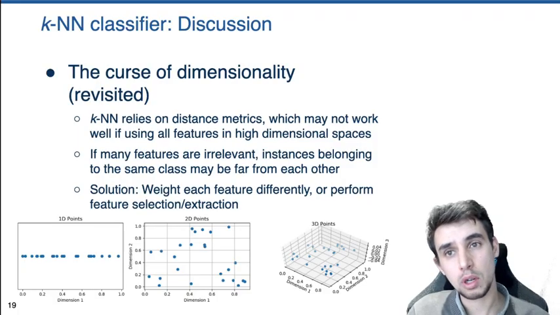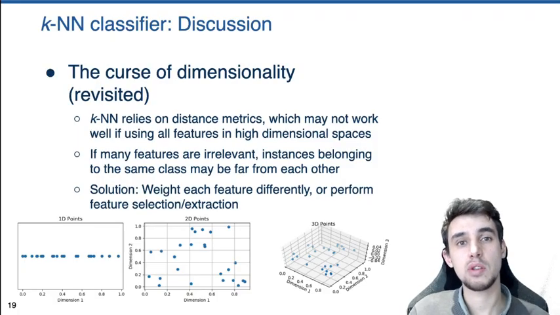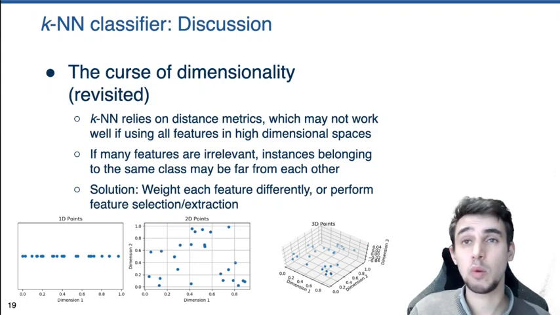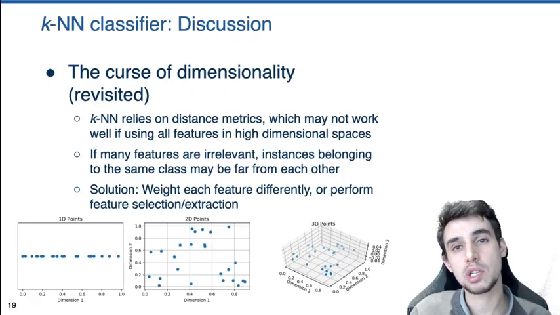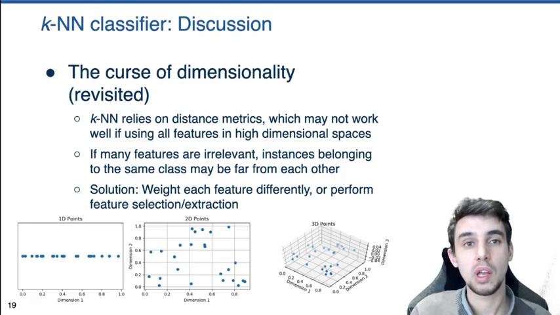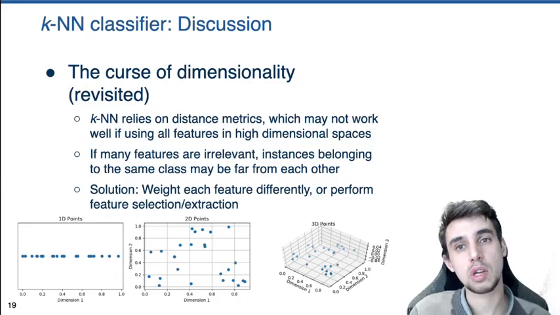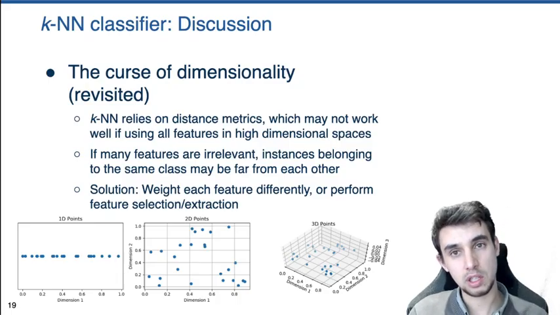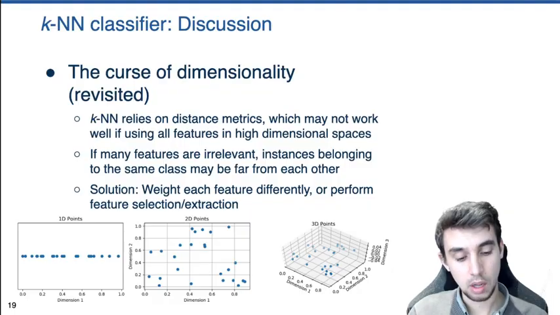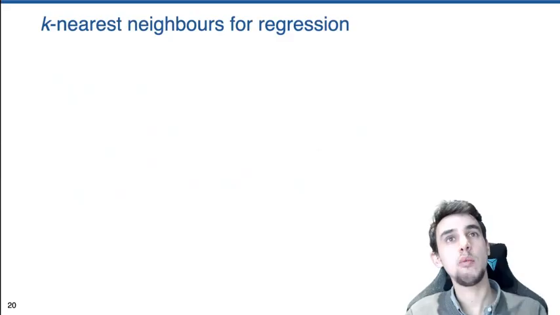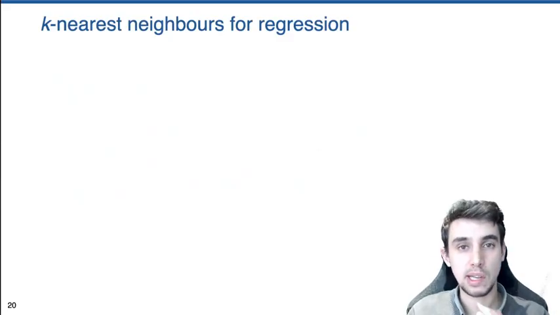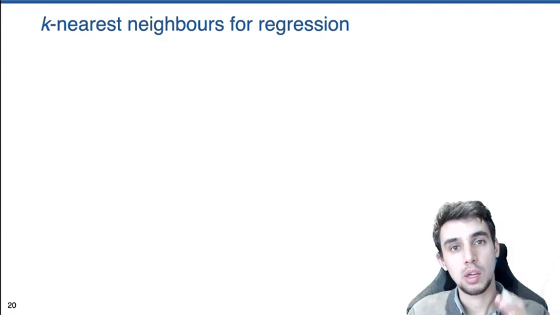One of the solutions in order to avoid this issue is to weight the different features differently, typically when you use the distance-weighted k-nearest neighbor. Or you can also use some feature selection or feature extraction in order to know which of the features are more informative and on which you need to actually focus more of the attention. Finally, here we talked exclusively about classification, but if you have a regression task,